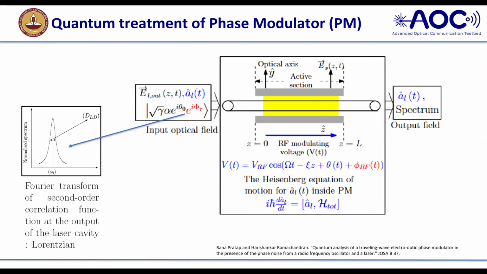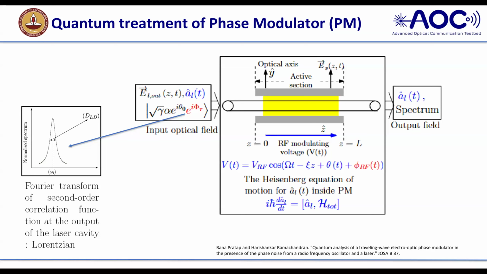But inherently, you will see that the laser has a linewidth, and that comes from the phase noise that I have already discussed before. When you take the first-order autocorrelation function, you will get the spectrum. This is given to my phase modulator part. First we will see, in the absence of laser phase noise and the absence of RF phase noise, what my output is. And then we will introduce the phase noise and solve it.